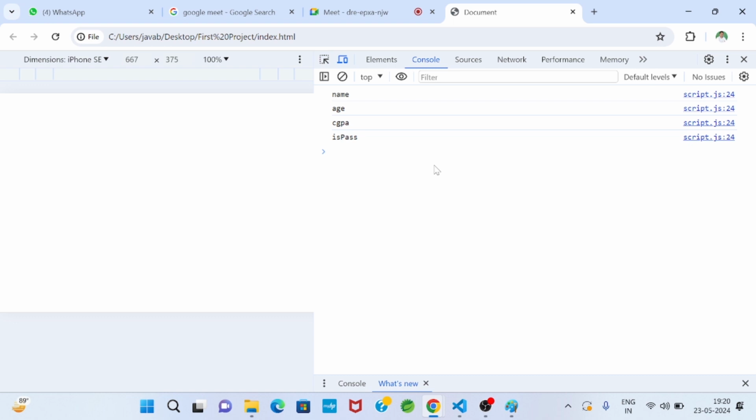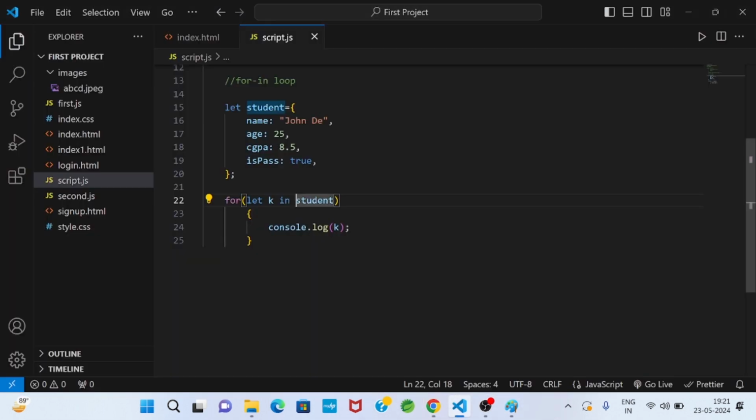So what we are observing is that we got keys. In a pair, this is the key and this is the value. Whatever output we got, this is the key. But how will I get the value?